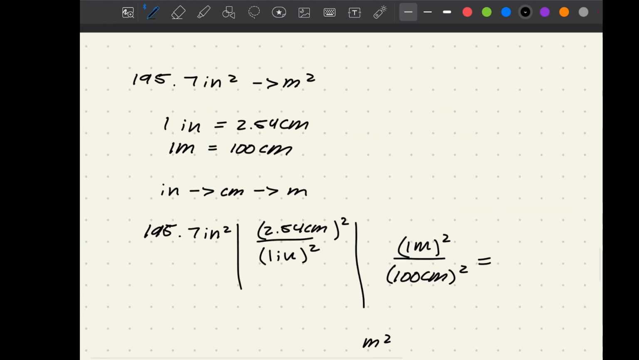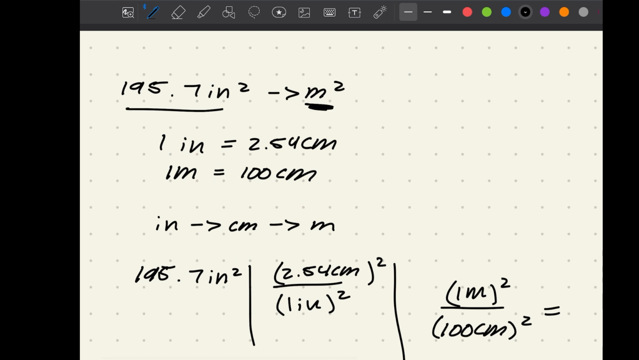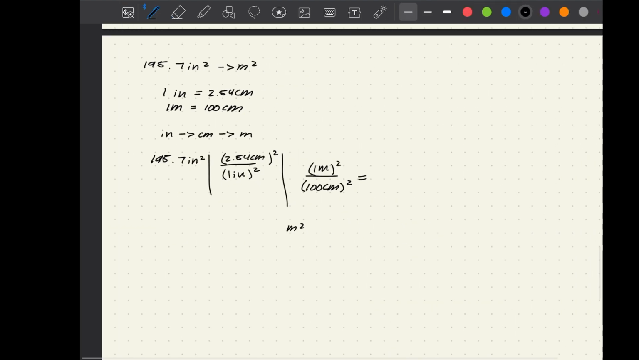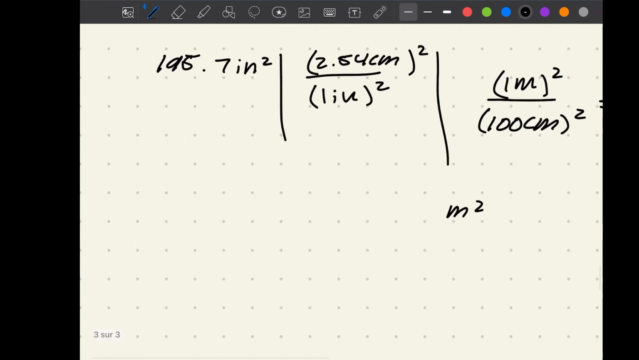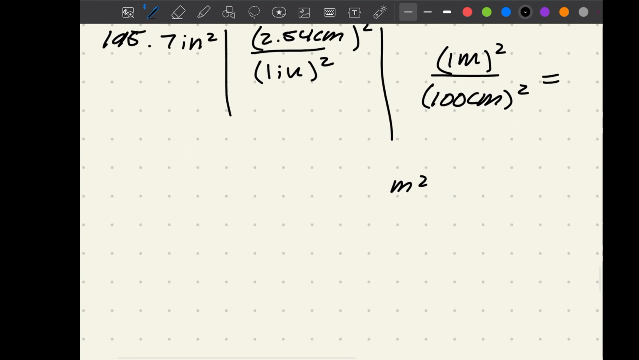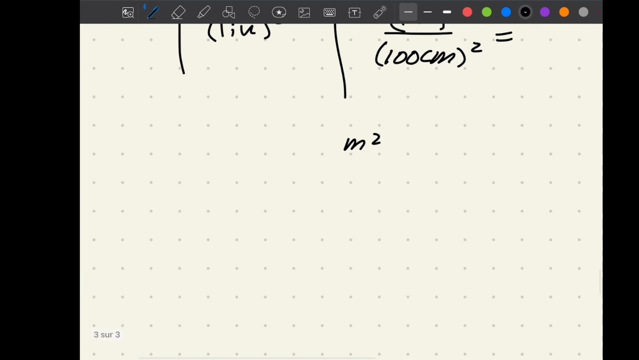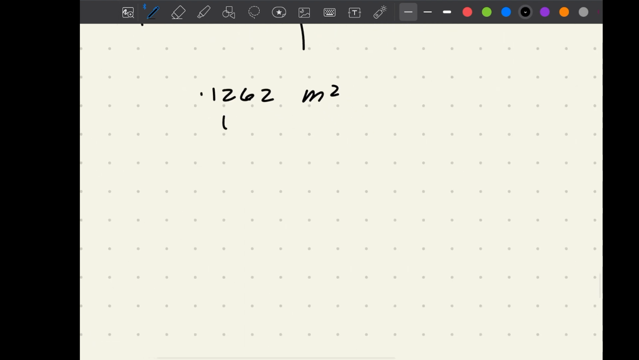As we saw from the previous example, we can expect the area in meters squared to be significantly smaller than the inches squared, as inches squared is a smaller unit than meters squared. So here we just have to put it in the calculator. So we have 195.7 times 2.54 squared. And now we divide it by 100 squared. So that gives us 0.1262 meters squared. Or we can write this in scientific notation,